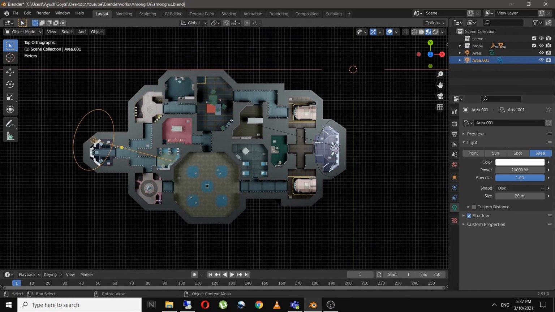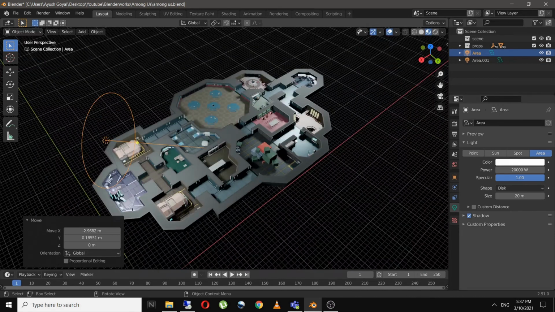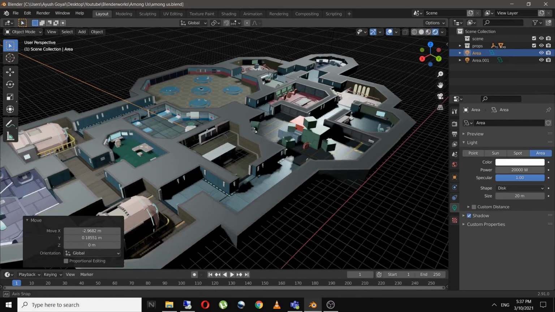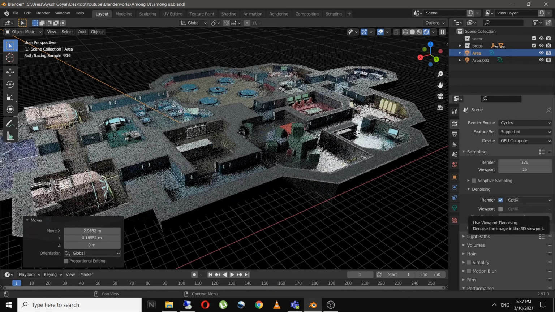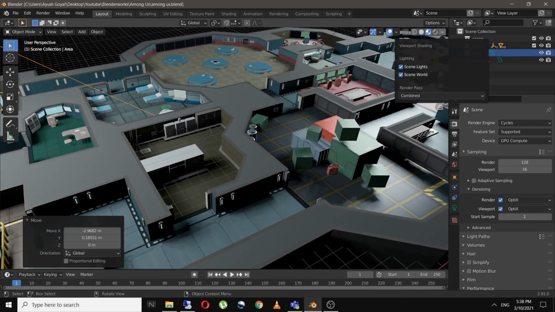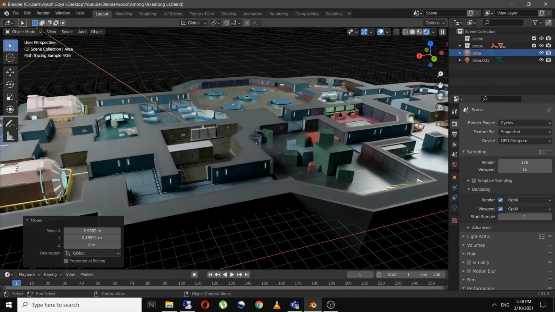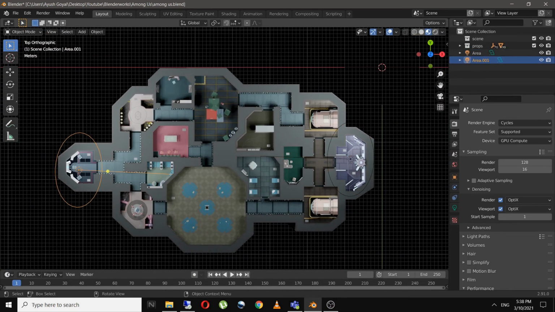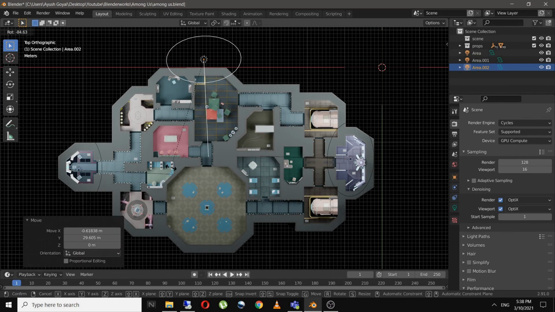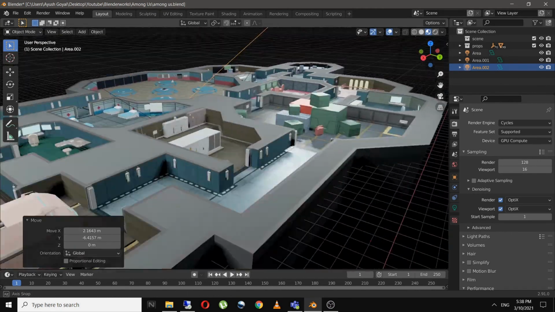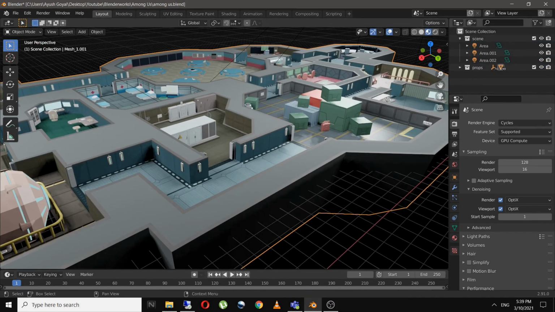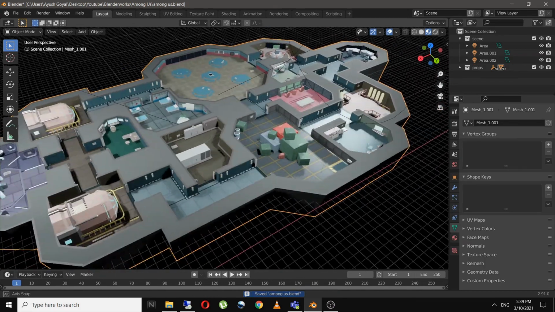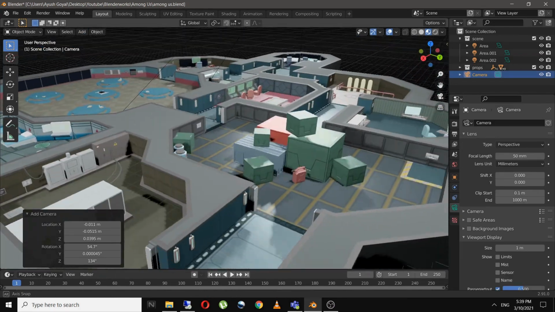So the lighting still looks a bit odd right now. That's because we are in EEVEE, so I'll switch that to Cycles. So as you can see, the lighting is much better, and I have enabled the viewport and render denoising. I'll copy the light again and put it somewhere over here. So now I'll just play with the settings of the light until it looks good. So this looks good now.